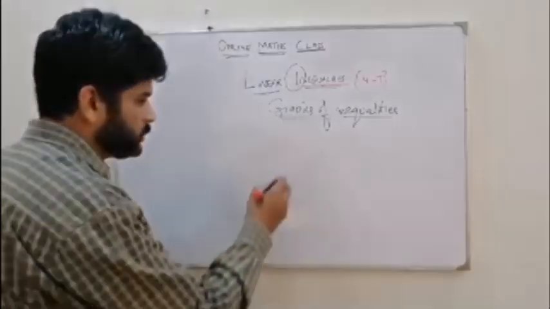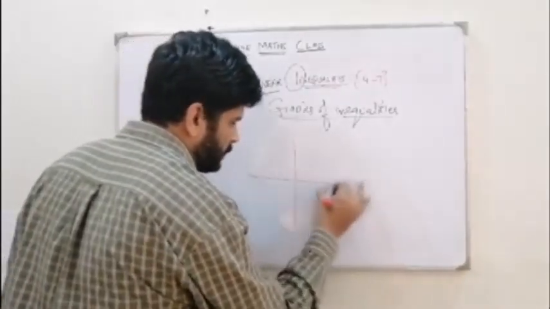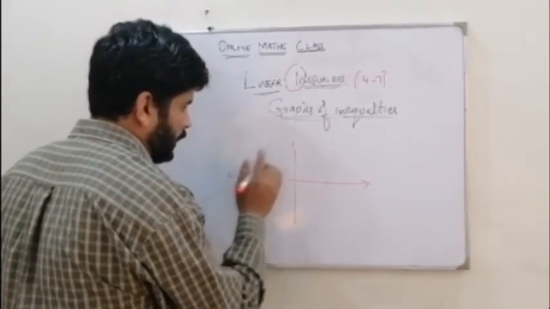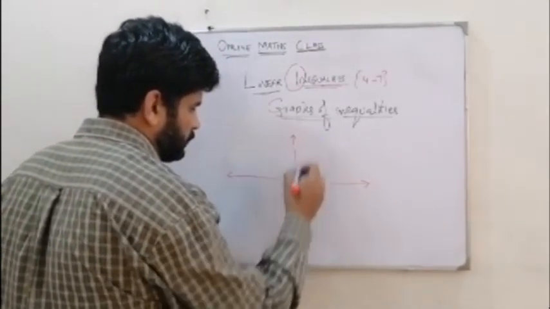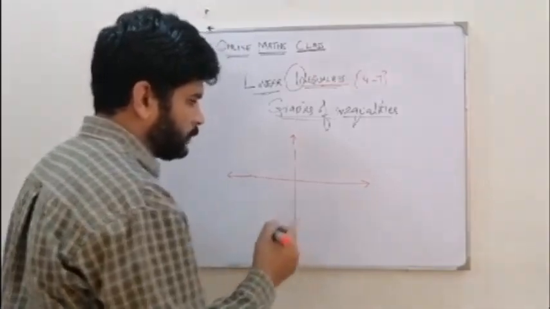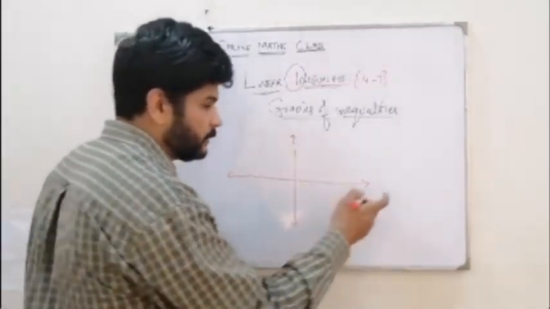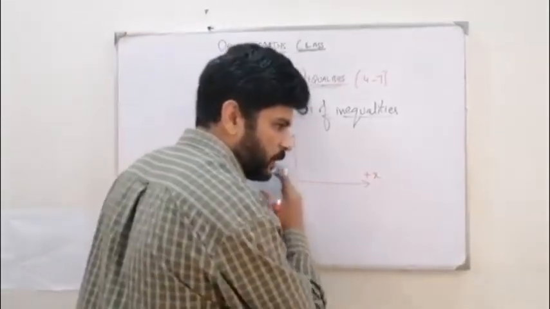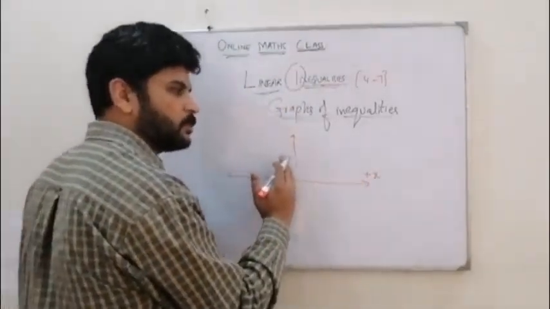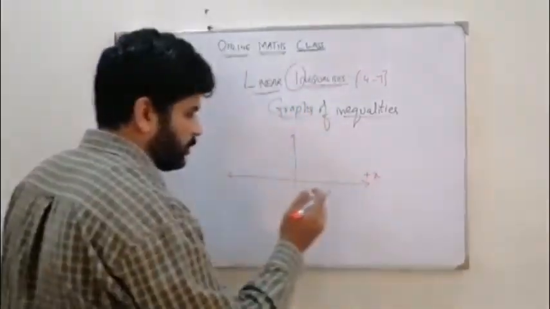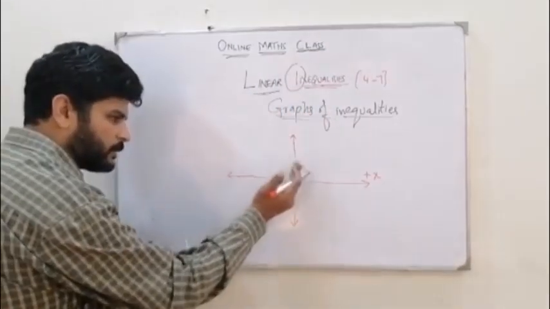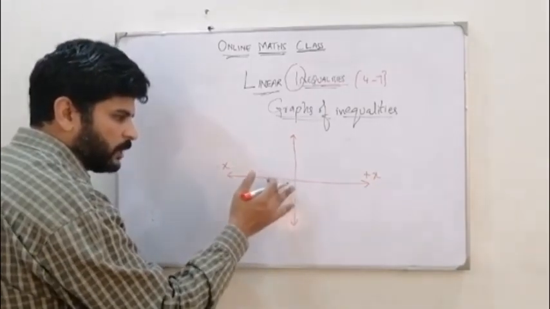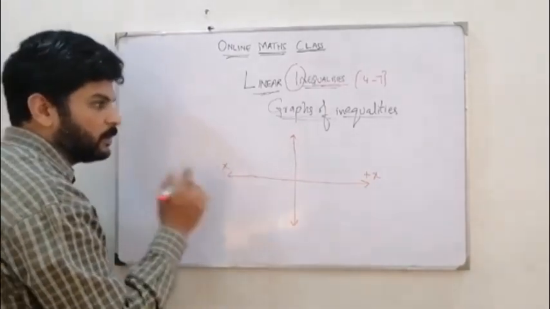What are those? For example, this is a grid of a graph, right? You have a positive x here, so it means x increases this way. When you move from this to this, x increases this way. While if you go this way, x decreases. So this is negative x: 0 to negative 1, negative 2, negative 3, negative 4, negative 5.